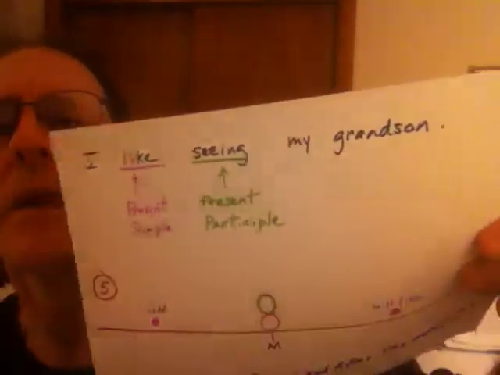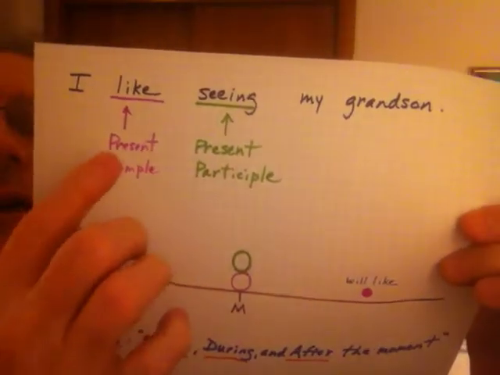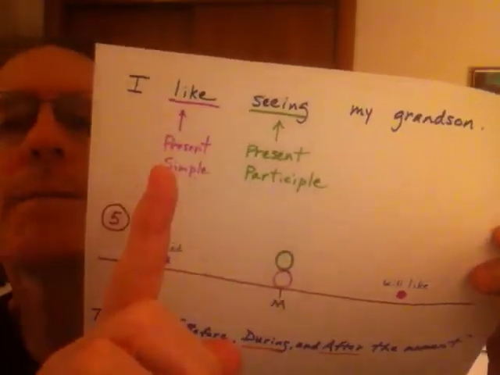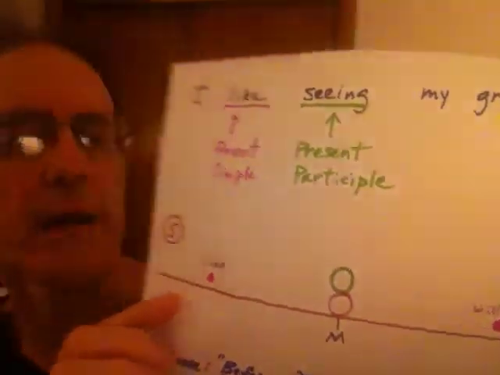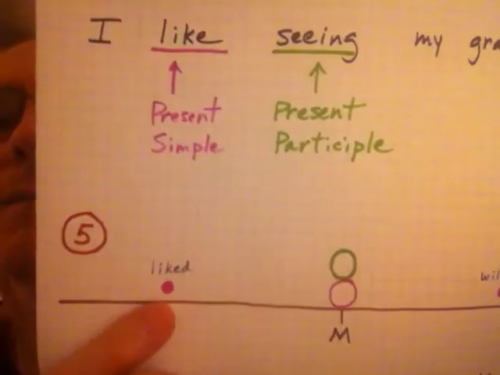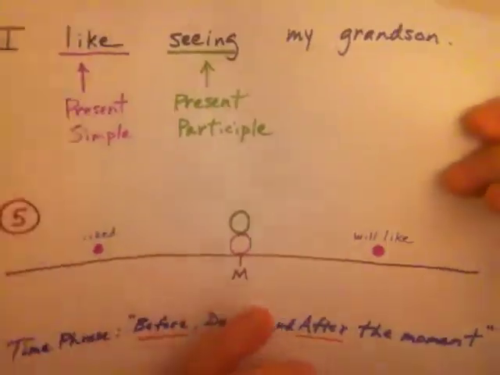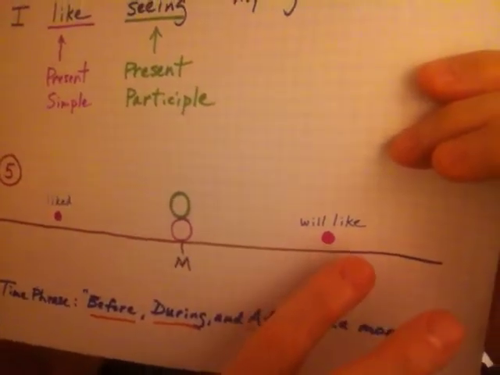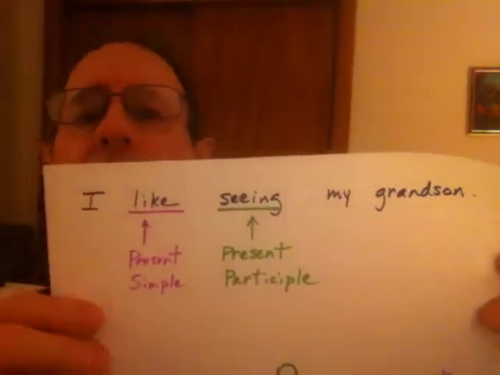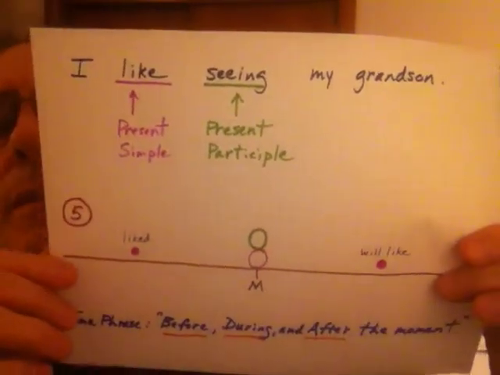Now, when you say I like seeing, all right, you are suggesting that in the past at some point you liked seeing your grandson. So it's a given, it's suggested, all right? And also you're suggesting that in the future, at some point, you will like seeing your grandson. So seeing in this case, all right,